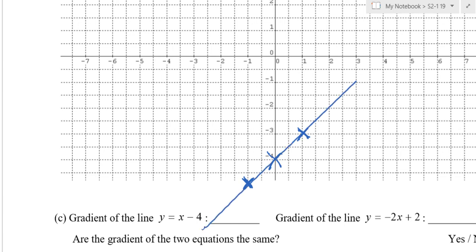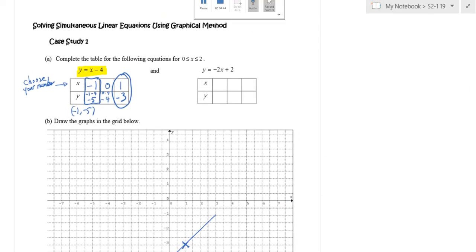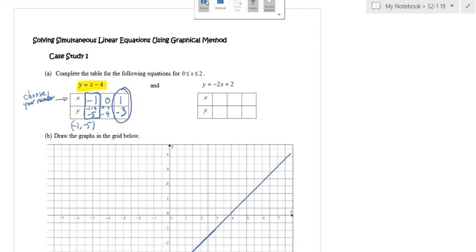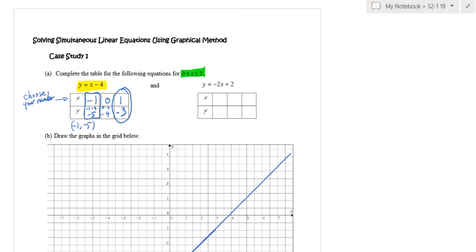Okay now. Can everyone do the second graph now? I pause the video. Now I have made a mistake. Can everyone highlight? It must be between 0 to 2. So what is my mistake? My mistake is I used negative 1. That is why